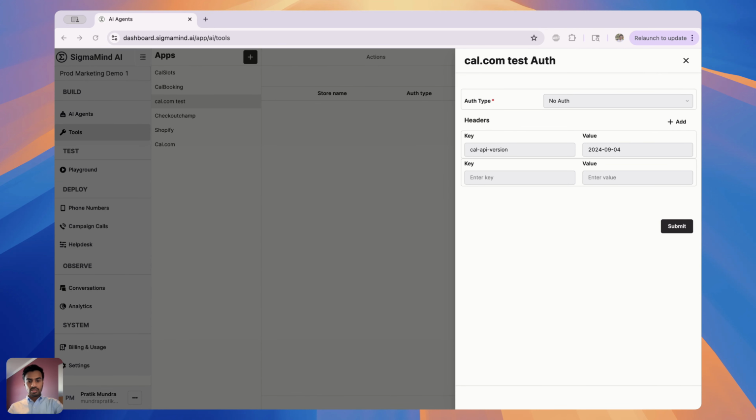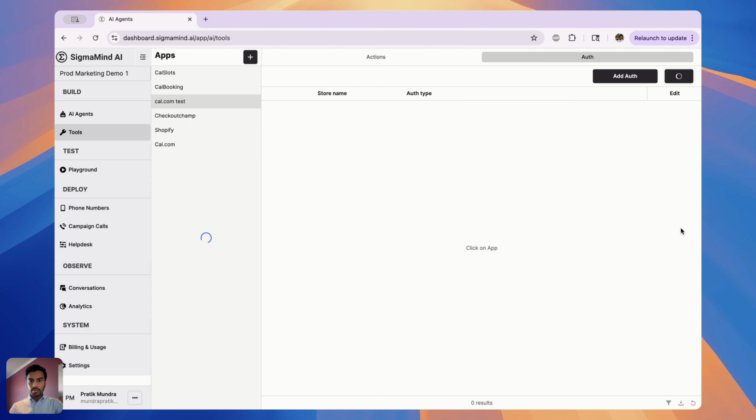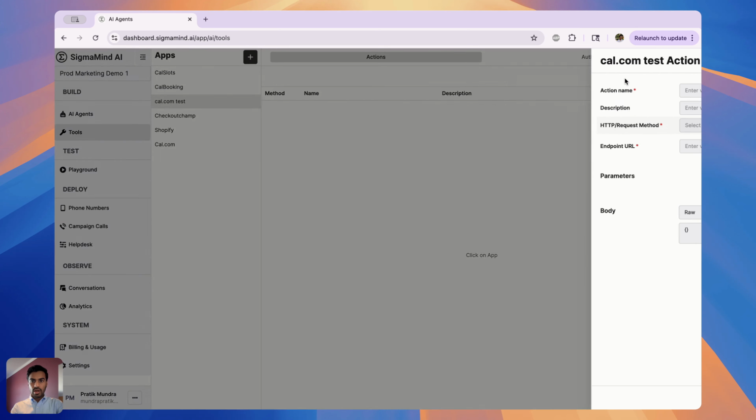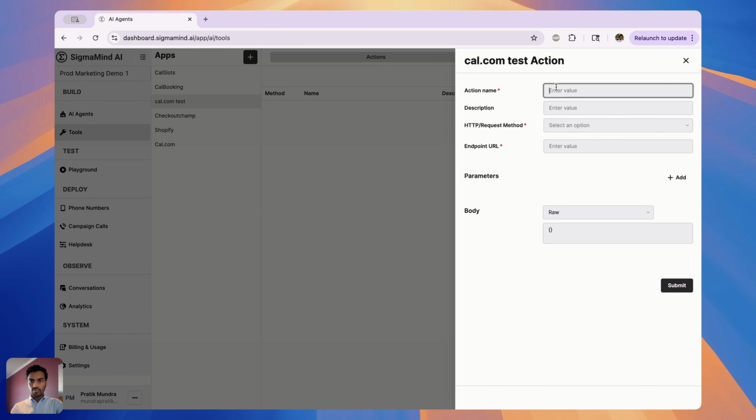And in this scenario, what we are going to do is add content type as well. And this is the key value pair that we're going to set. Just hit submit. So we've added the authentication and then actions, right? So in order to add actions, what I'll do is, so let's say in this case, I want to add the get